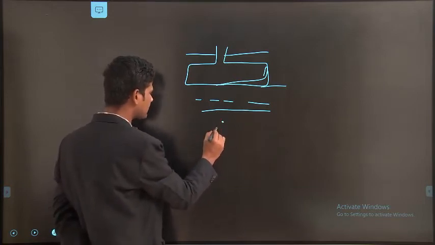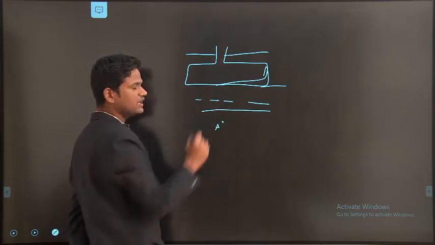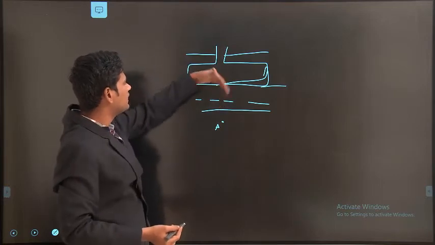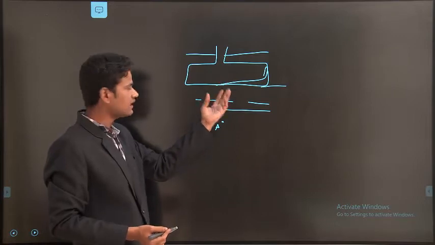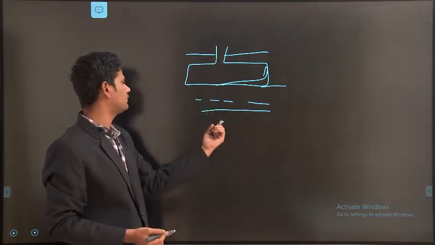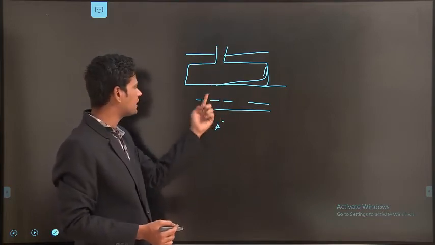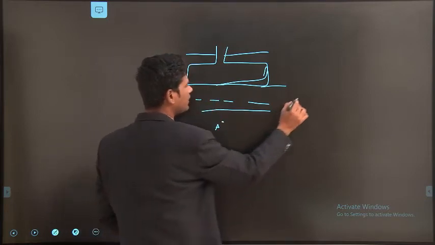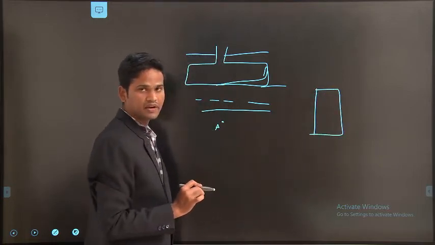If you consider this soil element as A, the vertical pressure is due to different types of conditions. That means the vertical pressure is due to the superstructure, the substructure, as well as the self weight of the soil mass. The load is coming on the soil element from the superstructure, from the substructure, as well as the self weight of the soil mass available here. This is the one soil element I am taking here.